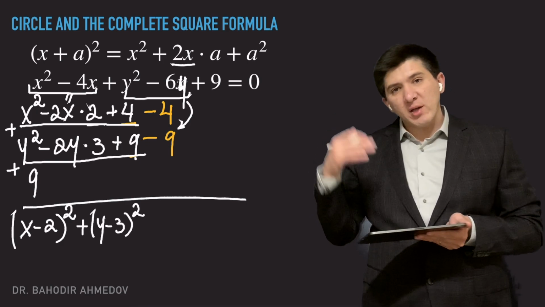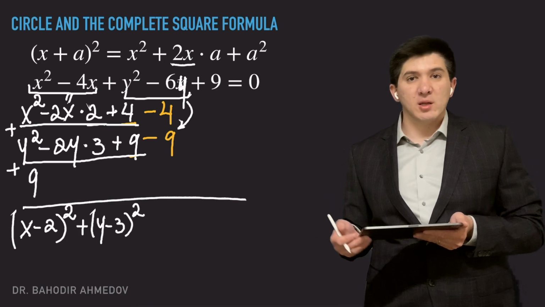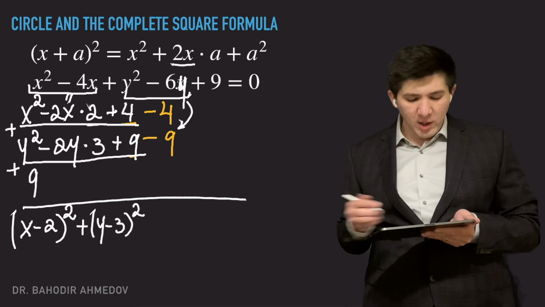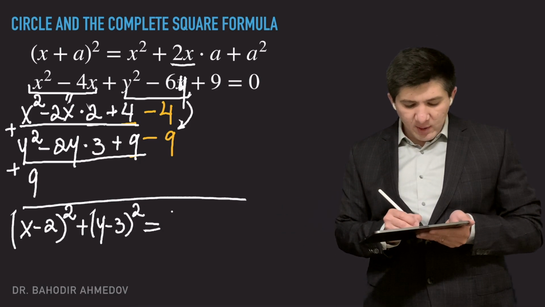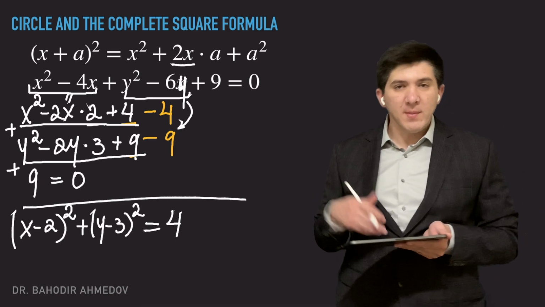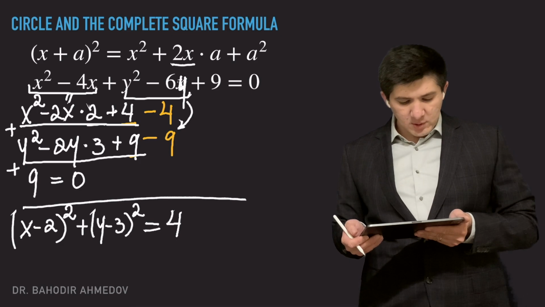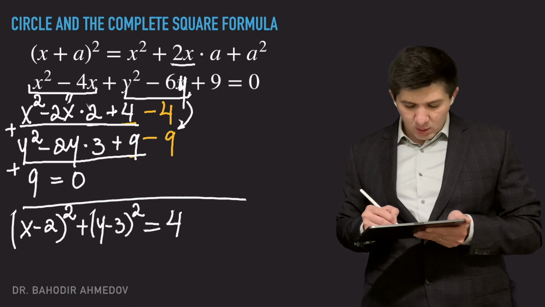Okay, now if I just add up all the constants, it's going to be minus 4, minus 9, plus 9, it's going to be equal to minus 4. If it goes to the right-hand side, it is going to be equal to, sorry, it's equal to 0, okay? So if I just put this minus 4 to the right-hand side, it's going to be equal to 4. So essentially, it appears here,